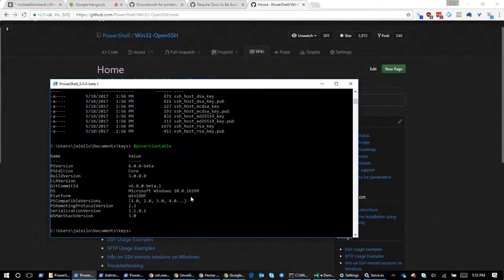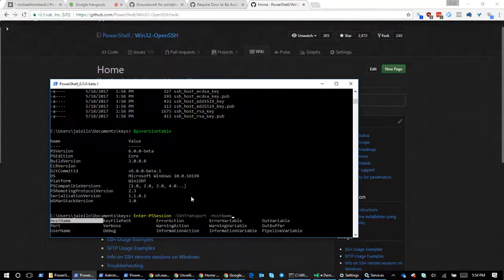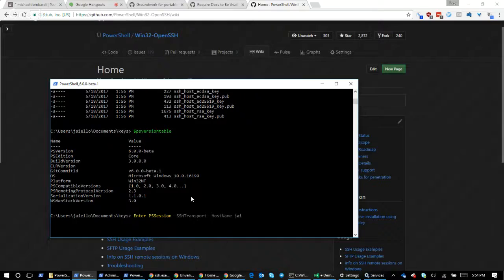So why don't we just funnel all that good stuff over SSH, right? Now I can essentially download PowerShell 6. I add a line to my SSHD config that registers PowerShell 6 as what's called an OpenSSH subsystem. And I can say, instead of computer name, I can export. That's going to give me a different set of parameters here, one of those being host name. And I'm going to say, hey, go ahead and connect to this CentOS box.